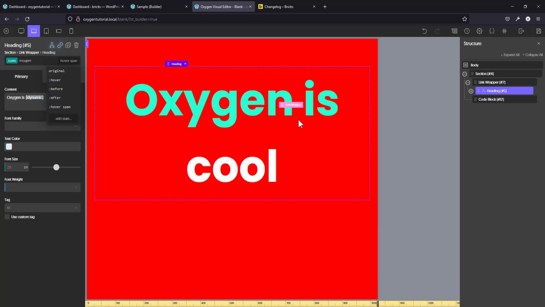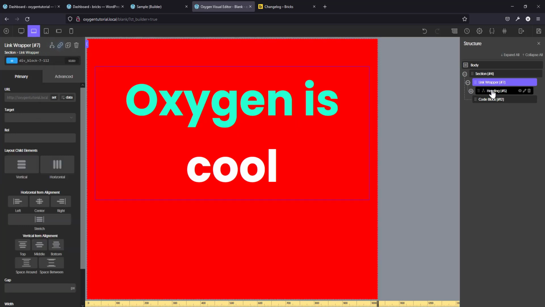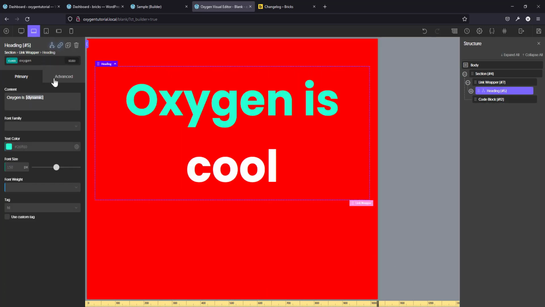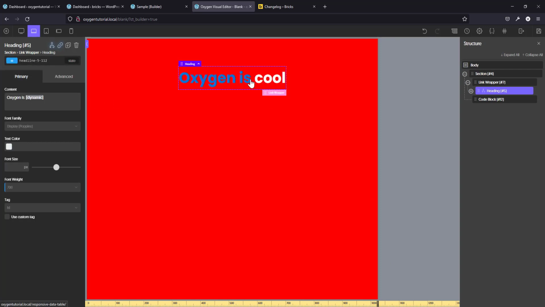I can't find a way to remove that, which is not good. Anyway, I don't like the hover styles and all, so I'm just going to take away the class. Okay, now if you want to insert dynamic data, so I'm selecting Oxygen and I want to insert a